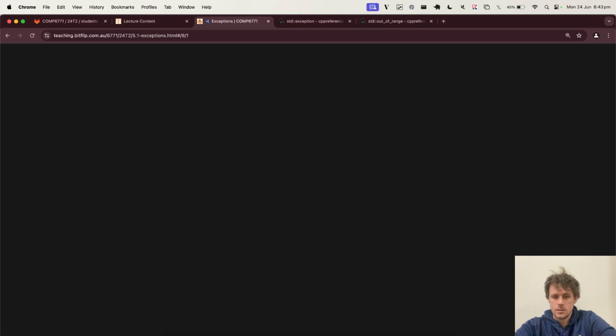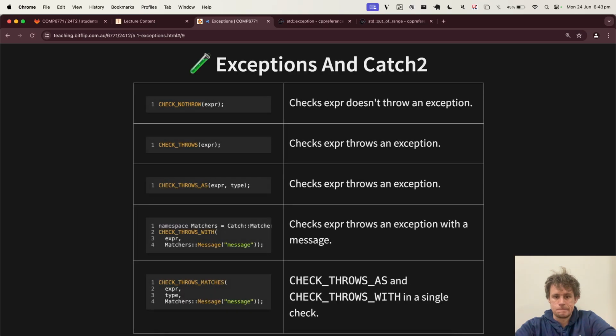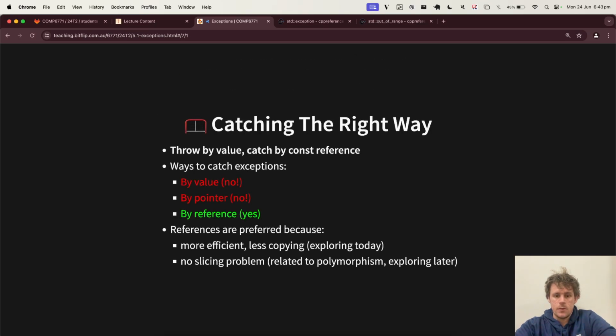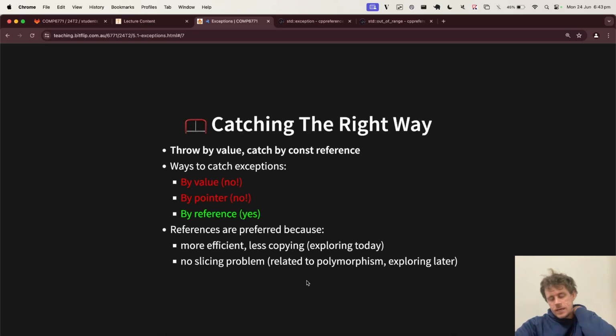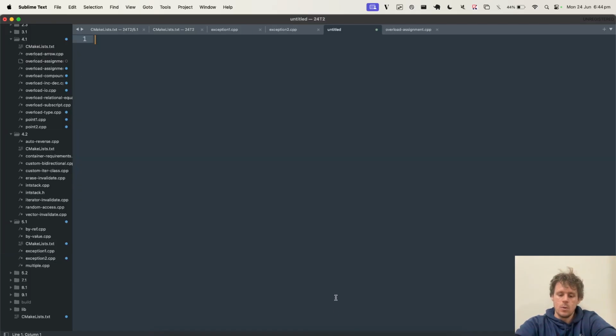And let me just jump ahead here. The slicing problem is a funny little idea. I know we say we're going to explore it later when we talk about dynamic polymorphism in week 8, or week 7 actually, I think it might be. But I want to highlight it a little bit more now, because when we pass things by value, what we haven't really talked about is, if you think back to your basic OO knowledge,